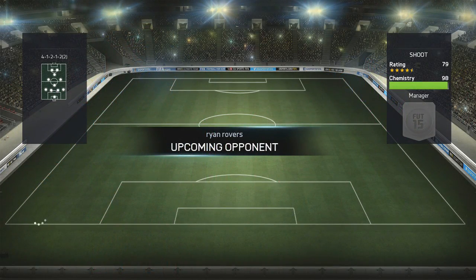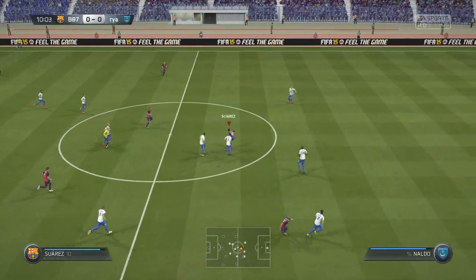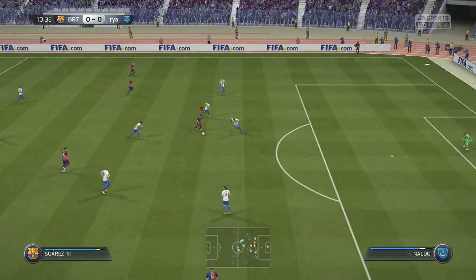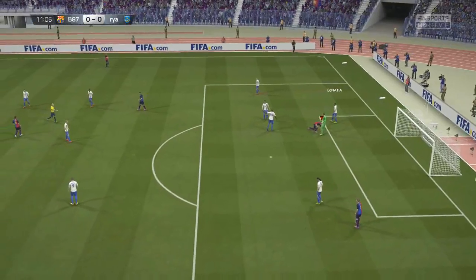So game 1, we come against Ryan Rovers. He has a full gold team with Huntelaar, Lewandowski, Schweinsteiger, Alonso, a lot of very nice looking centre midfielders and a very solid defence as well. Quite a pacey defence. Not the team you want to be rocking up against when you do have a few silvers in there, but thankfully Luis Suarez individually was able to cause a lot of trouble, even getting a penalty